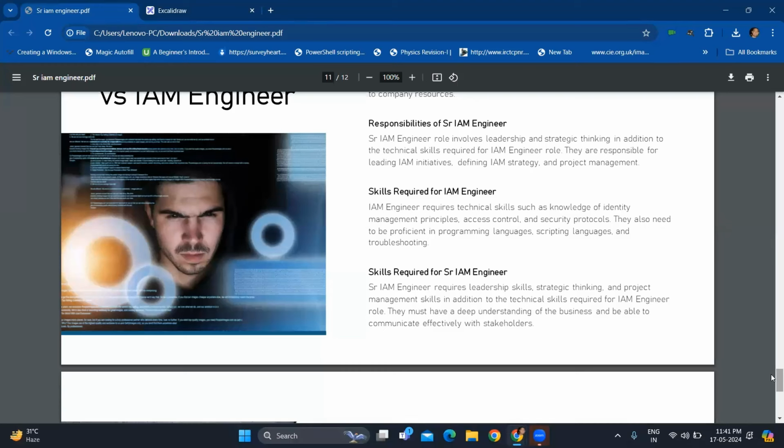It is not the case that you forget the skill set of an IAM engineer and then suddenly you prepare for a senior. That skill plus this skill. Similarly, whatever you accumulate to become a senior IAM engineer for another 5, 6, 7 years, that skill will be an add-on, and then you just have to add a few more skills to go into different roles after that. Okay, so that summarizes the roadmap of how you can become a senior IAM engineer.